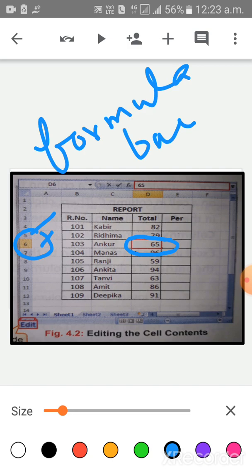Press the Enter key, and the changes will be entered in the current cell. Now notice the edit mode indicator changes to Ready mode. So this value, previously 56, is replaced with 65. Okay.